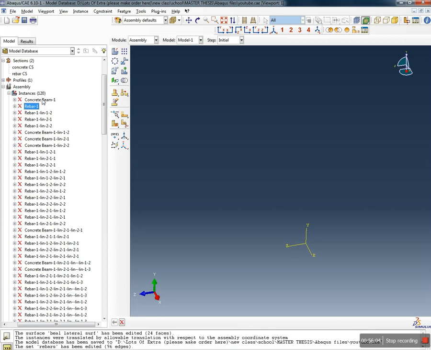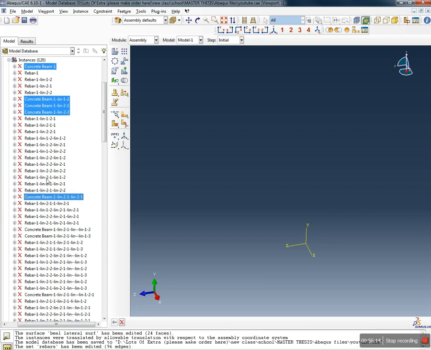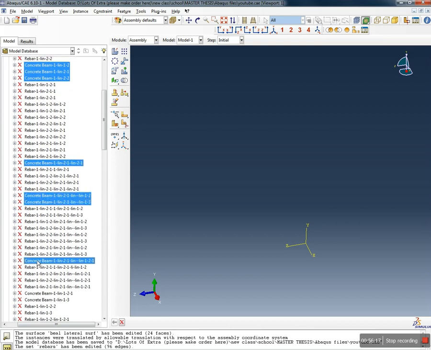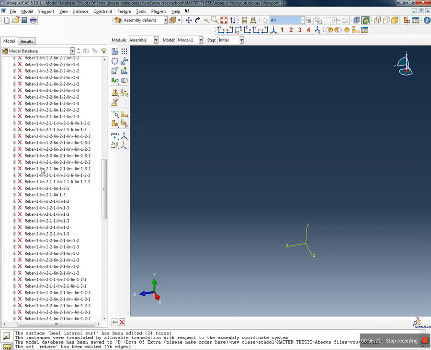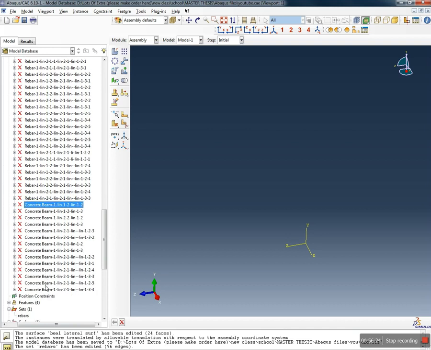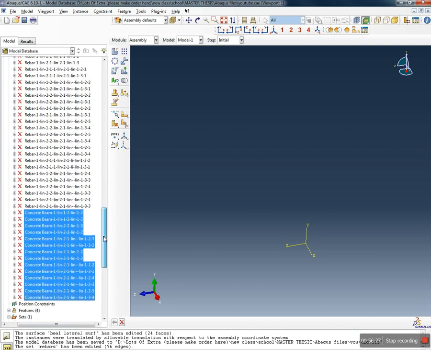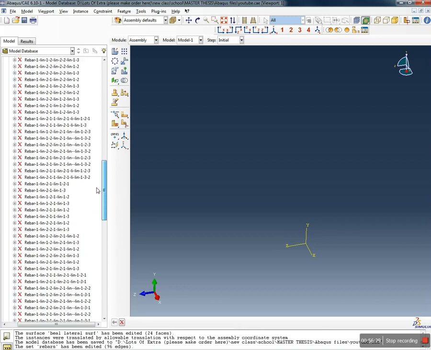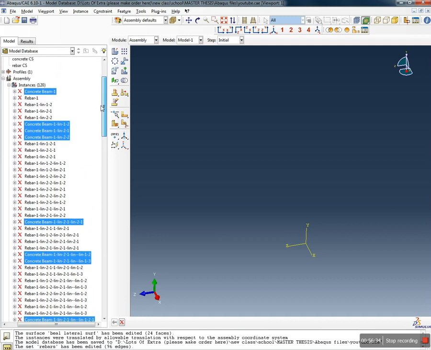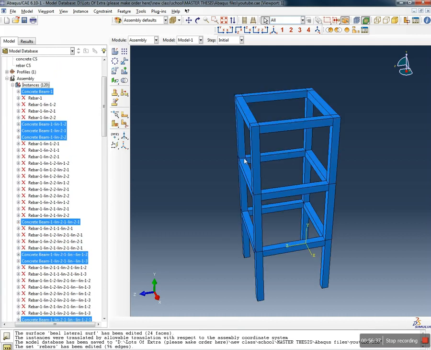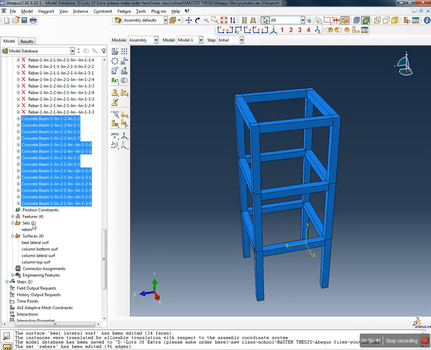I will select again the concrete. Concrete, concrete, concrete, concrete, concrete, concrete, concrete. I have to have no concrete which is unselected. Concrete, concrete, concrete, concrete, concrete. Okay, I will resume this, and then I'll create another set,